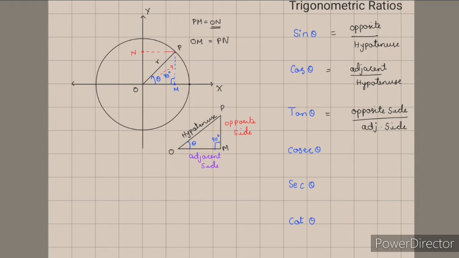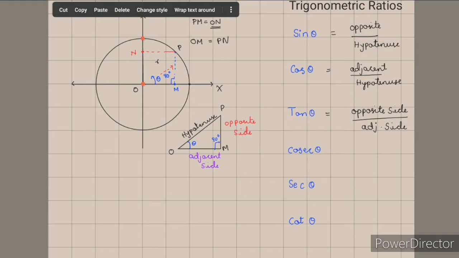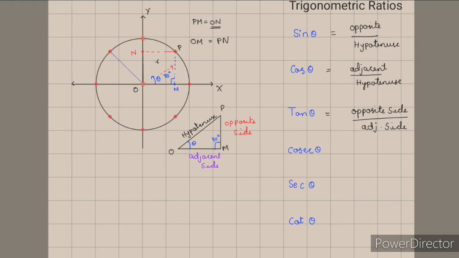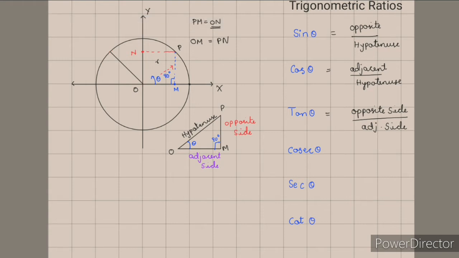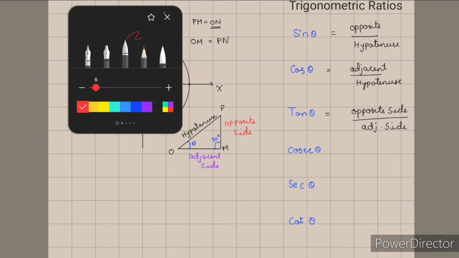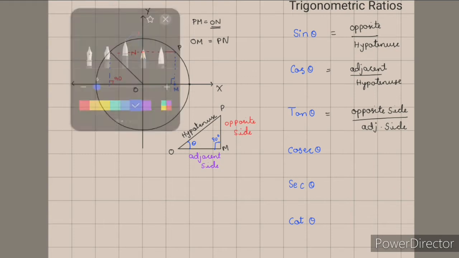So if you observe, from theta 0 to 90, this P becomes here when it is 90, so there is no triangle formed. What happens after 90? If you observe after 90, the triangle looks like this, and the red line looks like this. So this will be 90, and this will be theta. So theta will be like this.